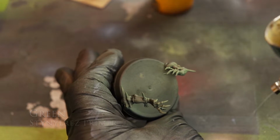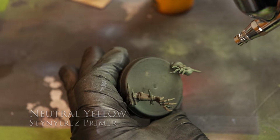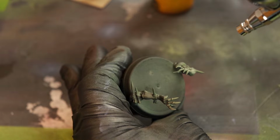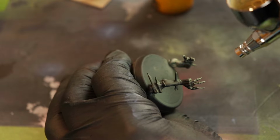Green STYNYLREZ primer is next. That is the base coat for all of it. And then neutral yellow STYNYLREZ primer is going to be the highlight. And sometimes I do a 50-50 mix. Sometimes I go straight to the yellow. But you can play around with that. You can actually see the